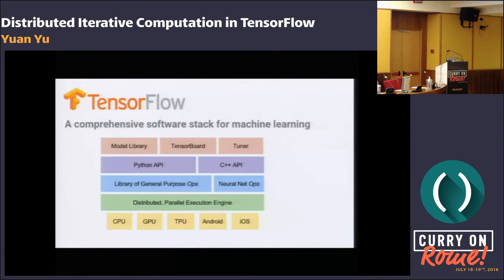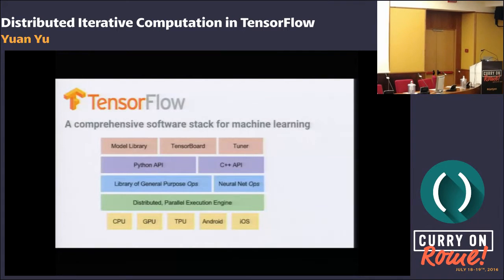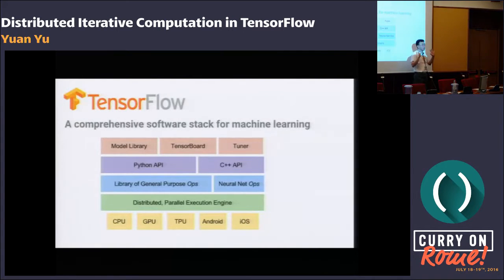On top of the execution engine, we have a lot of mathematical operators. We implement all kinds of mathematical operations needed for deep learning, and those operations typically have multiple kernels or implementations that run on either CPU, GPU, or TPU. This is all written in C++.